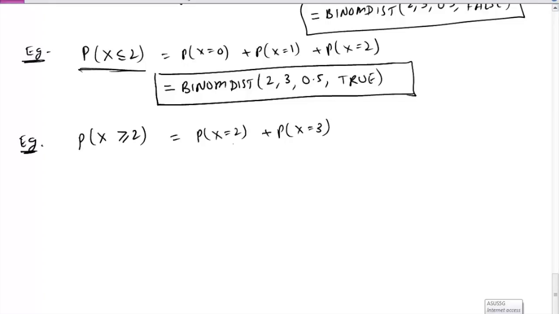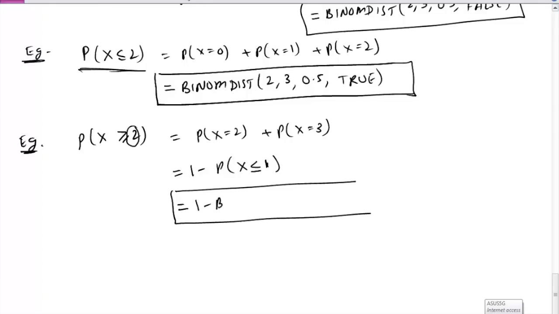But we also know that all the probabilities, probability of x equals 0 plus x equals 1, x equals 2, 3, all put together is 1. So you can say 1 minus probability of x less than or equal to, whatever number you have here, you put 1 less. So this is what you will calculate. So you can enter in Excel